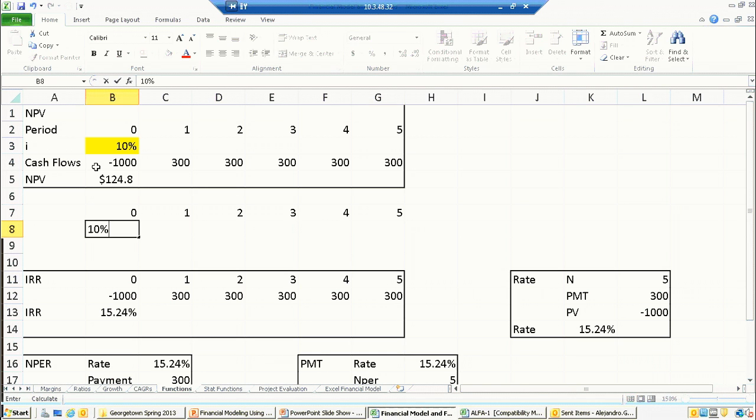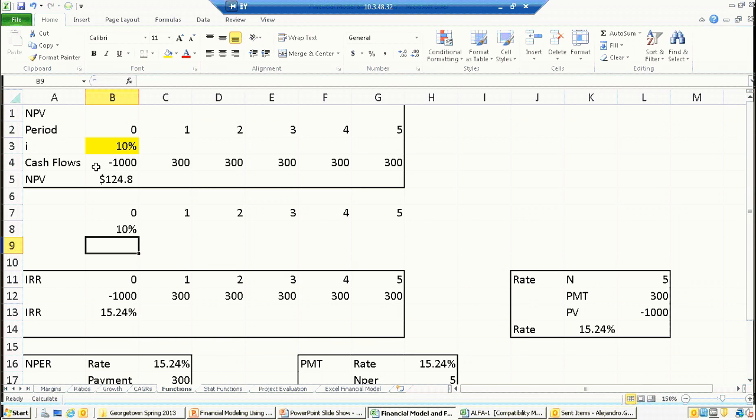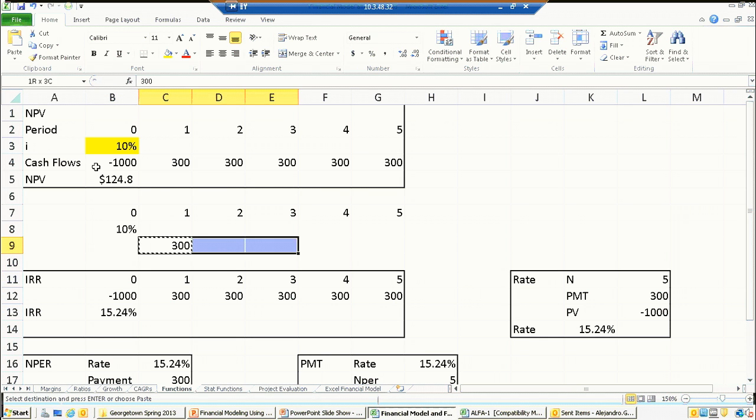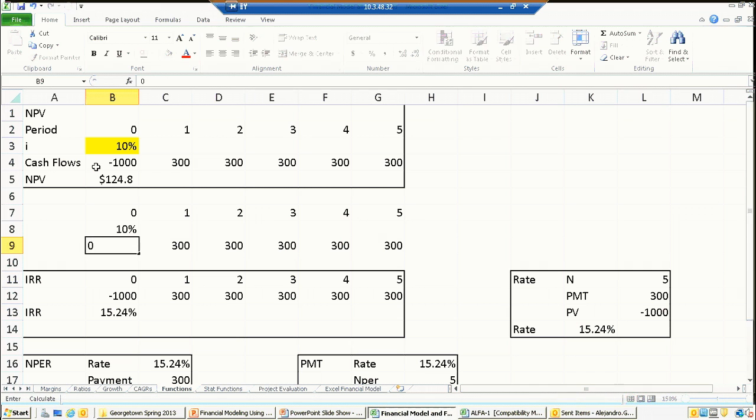We'll do the same discount rate. Right. So we do net present value,